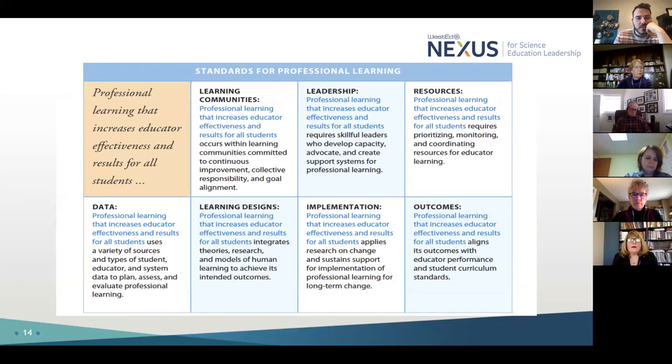If you're not familiar with standards as a leader, we think it's a critically important piece of understanding effective professional development. And there are also resources for each of these standards. For example, with the data standard, we've used extensively the resources from Thomas Guskey, offering very practical advice and guidance around how you evaluate professional learning on an ongoing basis, and how you go from the very early level of participant reaction, how did our teachers like this experience, all the way to our